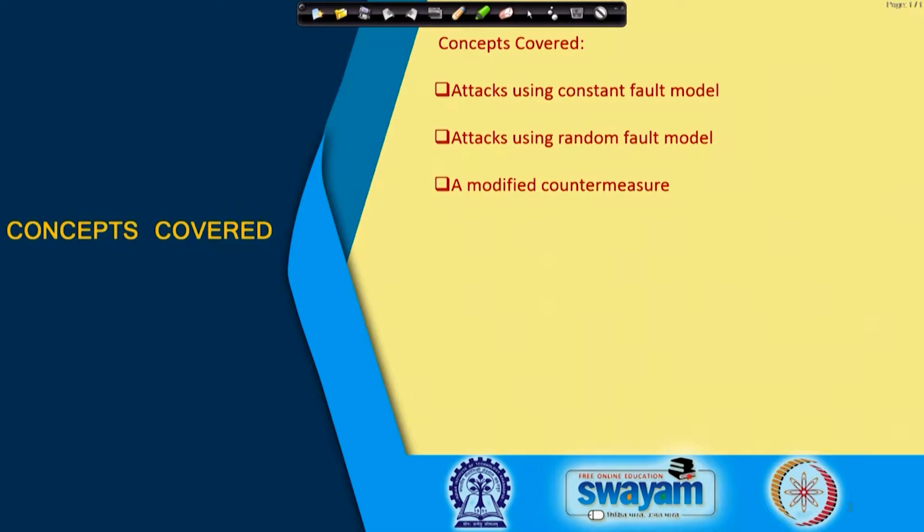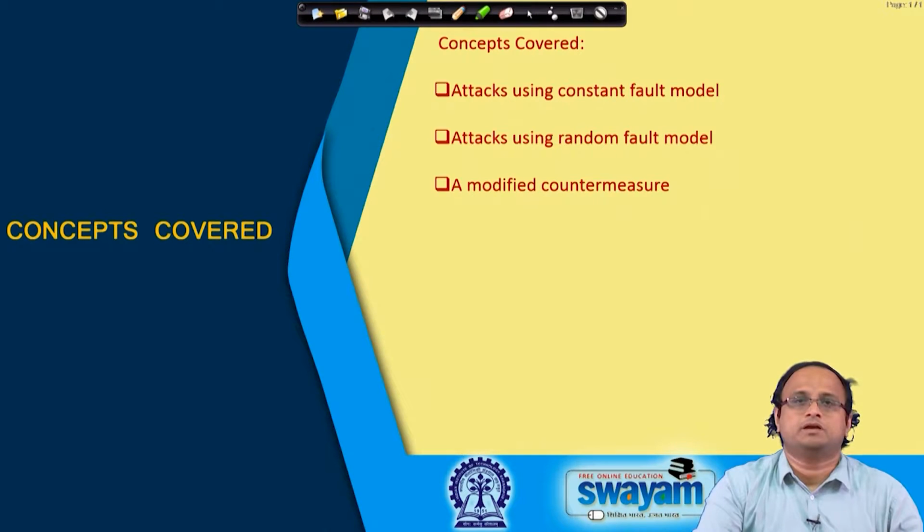We shall try to see how we can extend this to attack the entire state matrix, which we could not attack in the last day's discussion. We shall be discussing how to perform an attack using a random fault model, which makes the attack more generic. And finally, we shall discuss some modifications to the countermeasure which should be able to protect against